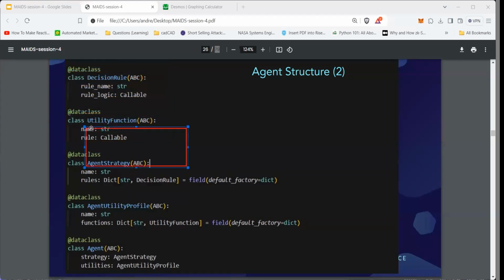Then decision rules can be combined into strategies. And one of the big technical things that MAIDs enabled last time was that we could look at the expected value of a strategy. But the notion of a strategy is its own entity that can be implemented in code. And so we have names of strategies here, and then we have a space where we can plug in what the rules would need to be. In a moment, we'll see a specific example of this where we're looking at specific agents from our example, and it may become more concrete.